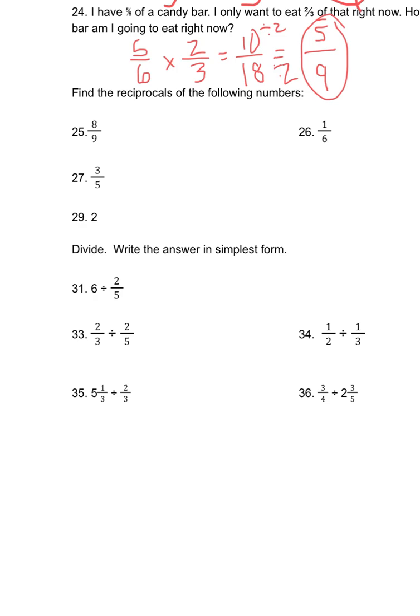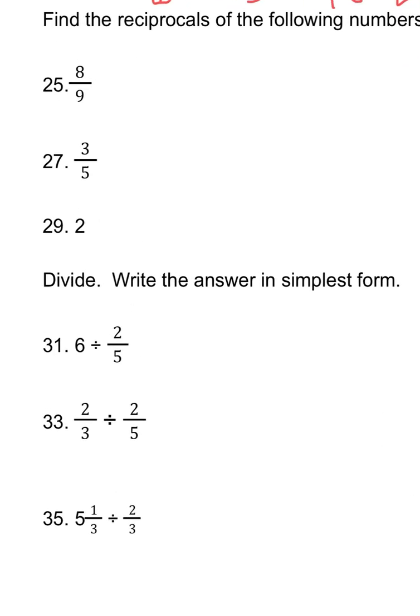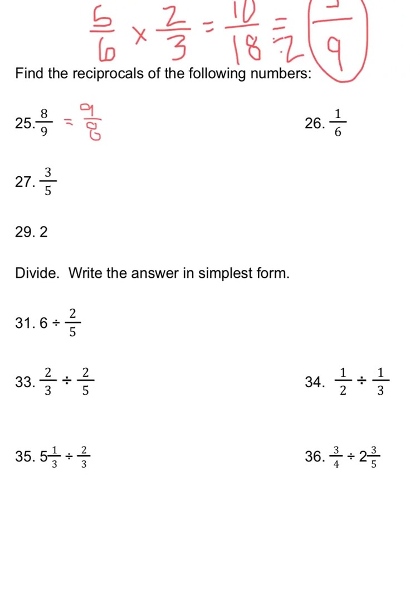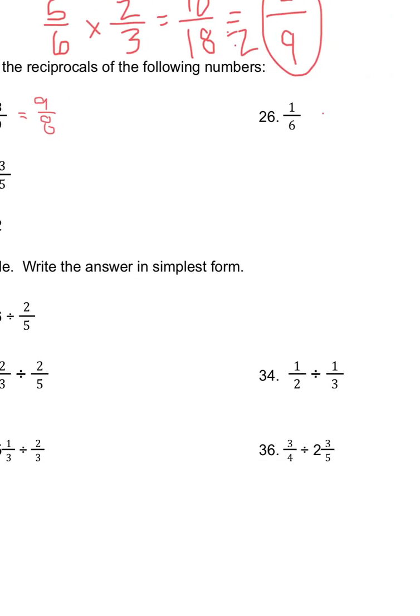Moving on to reciprocals. Find the reciprocals of the following numbers. 25, we have 8/9. So the reciprocal is just flipping the fraction over. So zoom in here. We flip this over. Instead of 8 over 9, we're going to get 9 over 8, or 9/8. Over to 26, we have 1/6 to start with. If we find the reciprocal, it's going to end up being 6 over 1,